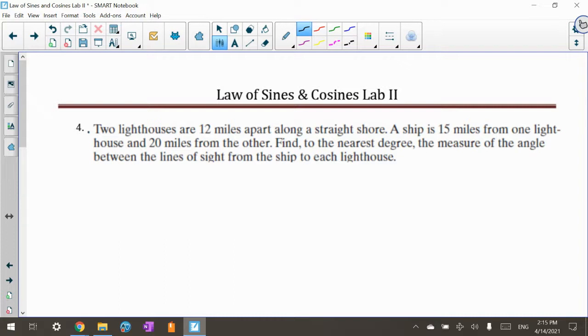A ship is 15 miles from one lighthouse and 20 miles from the other lighthouse. Find to the nearest degree the measure of the angle between the lines of sight from the ship to each lighthouse. Okay, so